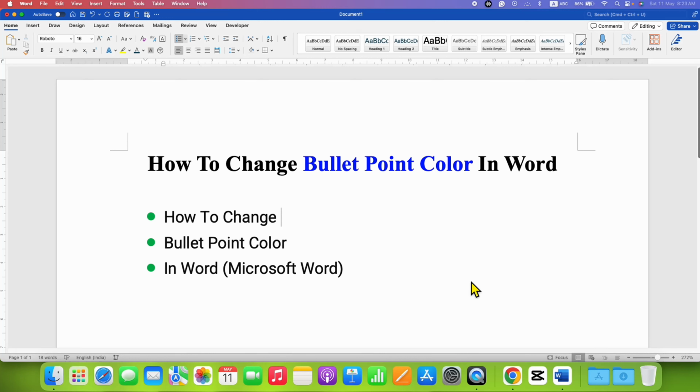In this video you will see how to change bullet point color in Word document. As you can see, I have changed the bullet point colors to green from black. It's very easy. To change bullet point color, first click on the bullet point and now all the bullet points